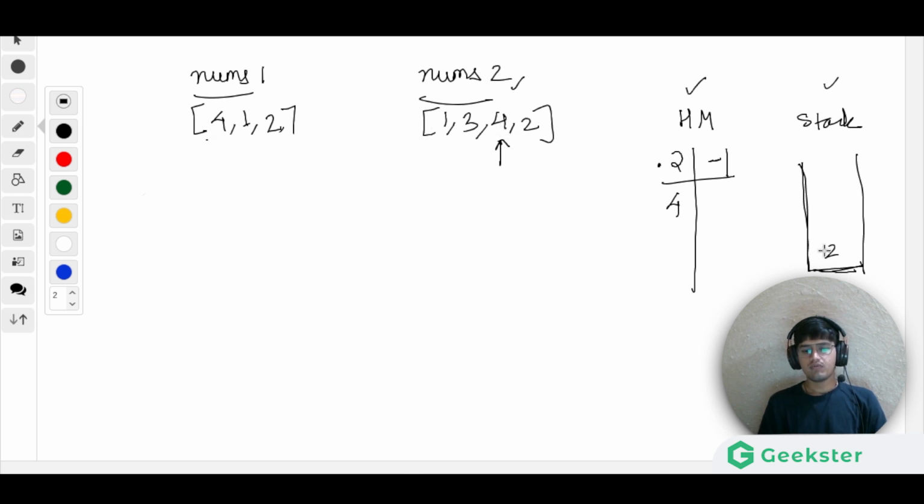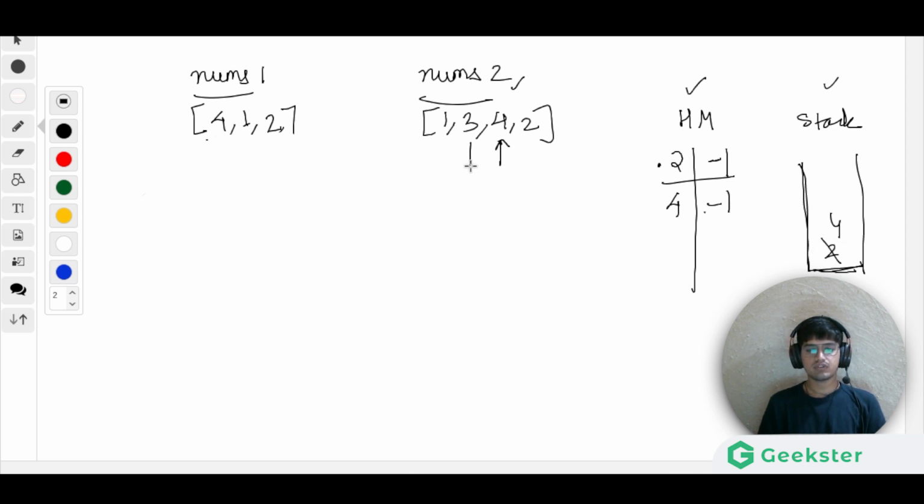So for 4, we need to put a value. This can be either minus 1 or some other element which is greater than 4. First we check the top of the stack to see if it is greater than 4 or not. If it is not, we just pop it, because towards the left it is not going to be used, since 4 will be there, which is greater than this 2. If the stack becomes empty, we are sure that minus 1 will be there, and after that we push this 4 at the top of the stack. Okay, now 4 is at the top of the stack.